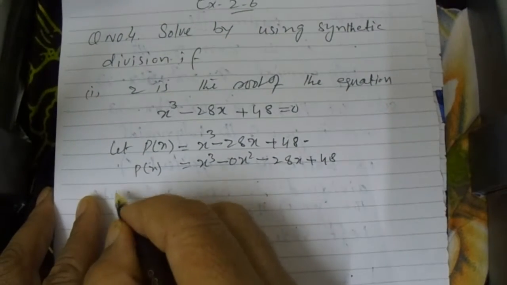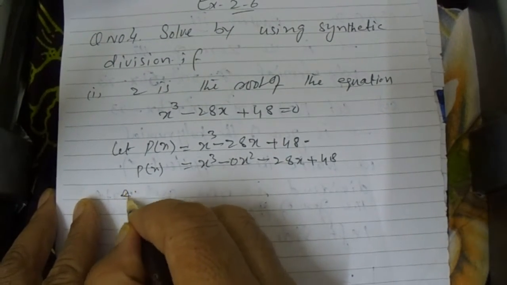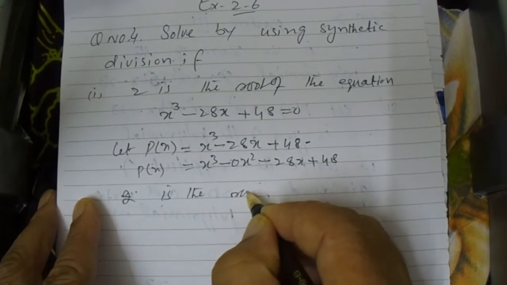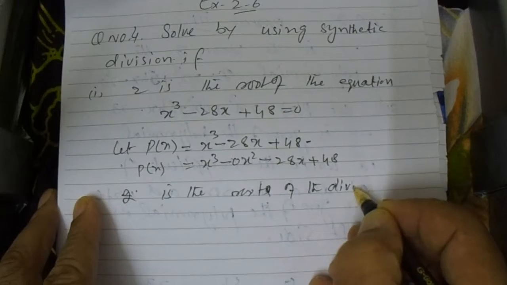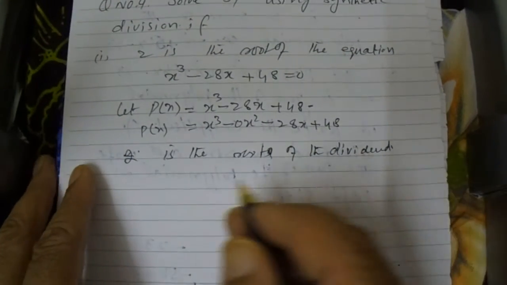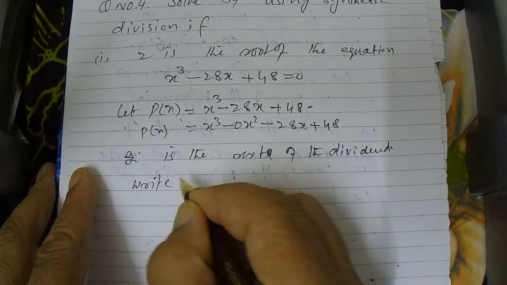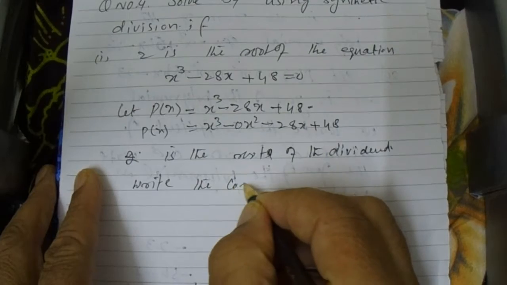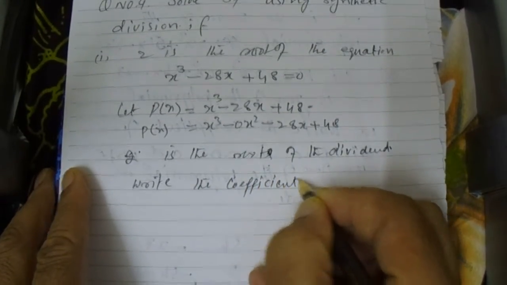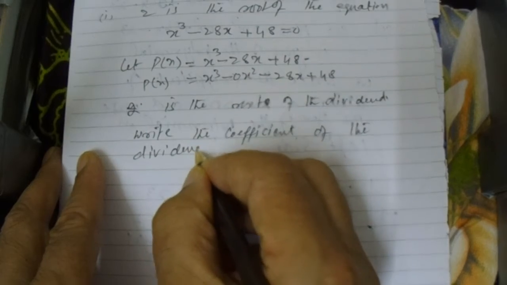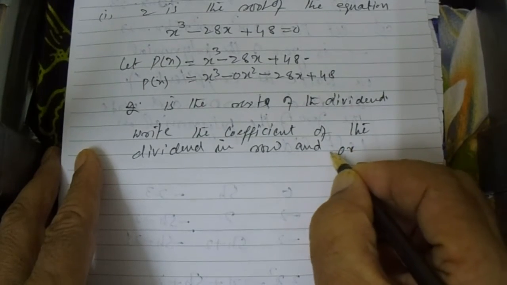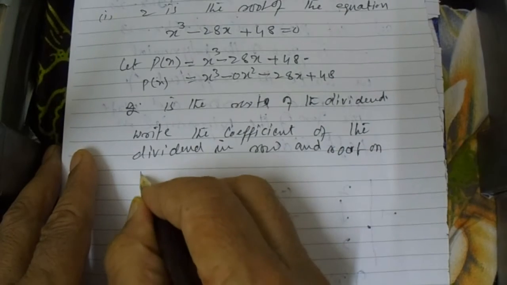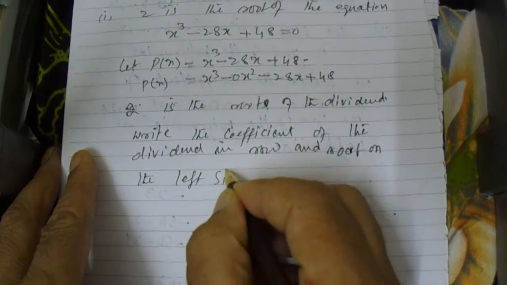and 2 is the root of the dividend. First we write the coefficient of the dividend in a row and the root on the left side. We get,